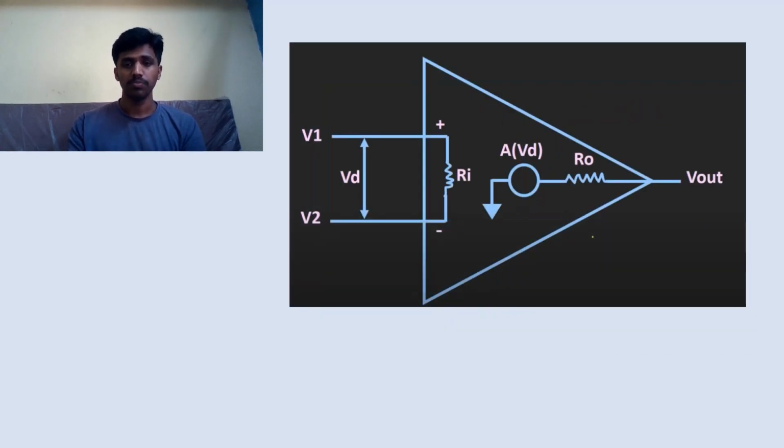Here in this figure you can observe the ideal equivalent circuit diagram of op-amp. Here you can observe there is an input resistance Ri between V1 and V2, and the voltage source is given at the output which is a multiplication of A into the differential voltage. Here A is nothing but the open loop gain. Why it is called open loop gain means here there is no feedback in the op-amp, and R0 gives us the output resistance. In ideal condition, the Ri should be infinity and the output resistance should be 0, and also the open loop gain should be infinity.